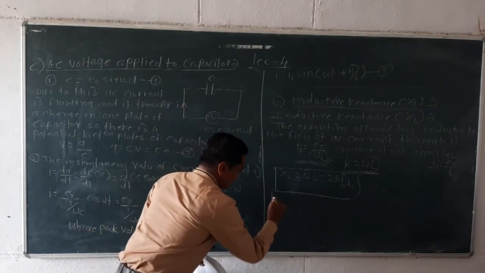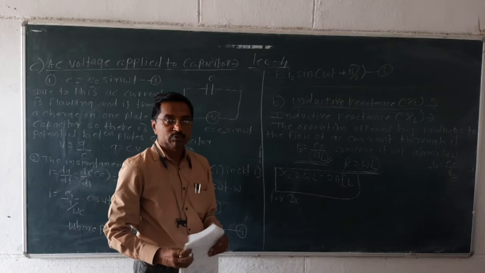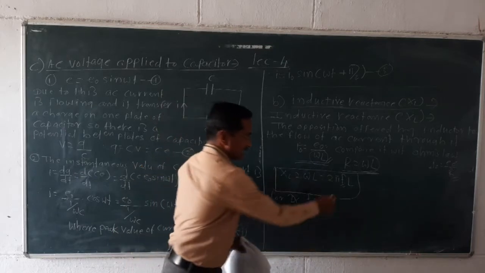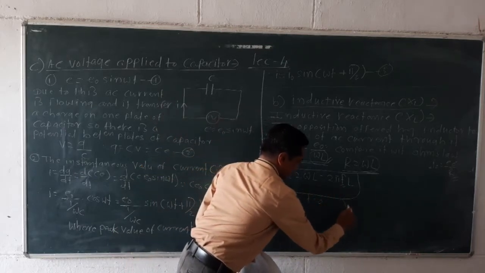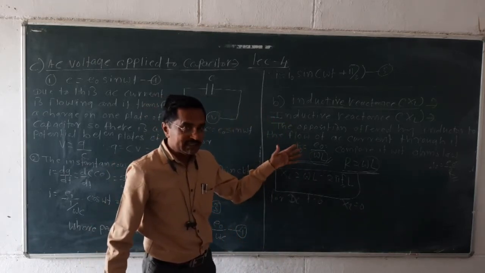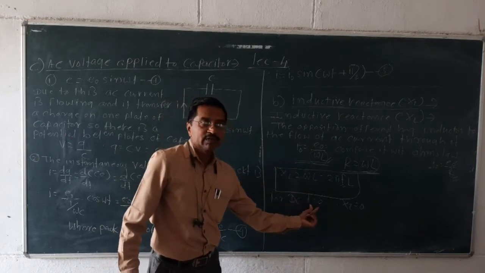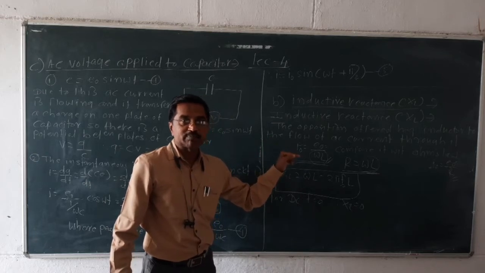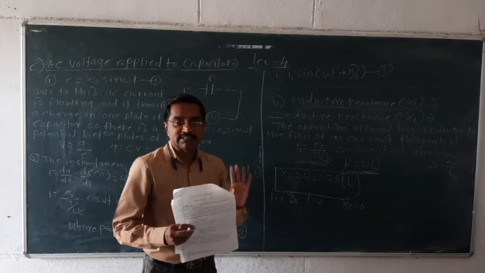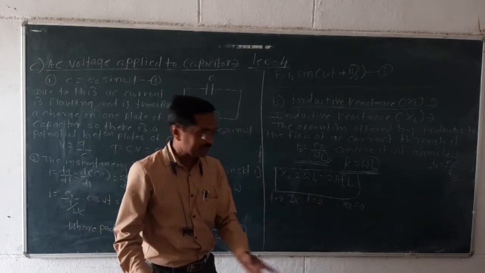Therefore, if you connect this inductor to DC voltage, for DC f is equal to 0, and as f is equal to 0, XL is also 0. It means if that inductor, that coil, is connected to DC voltage, the frequency is 0, and therefore the inductive reactance, the resistance of that inductor, is also 0 for DC. So will the inductor oppose the DC current? No, because the inductor has no resistance in DC.